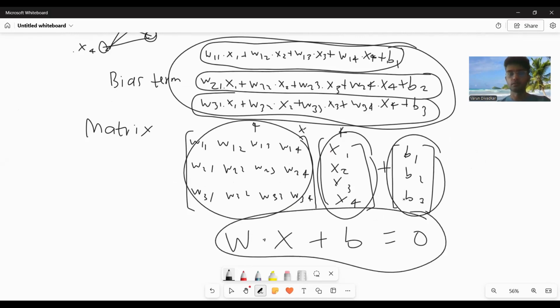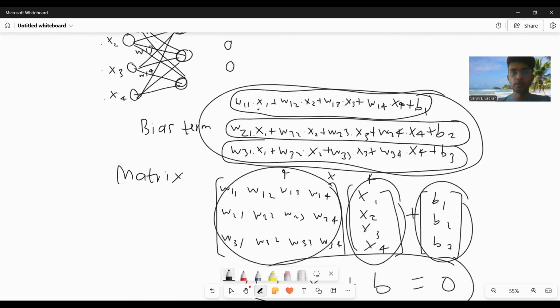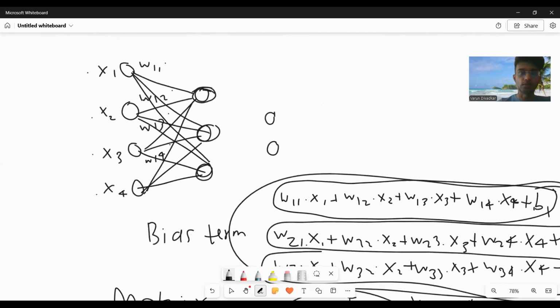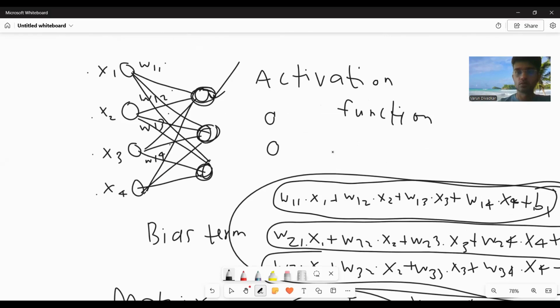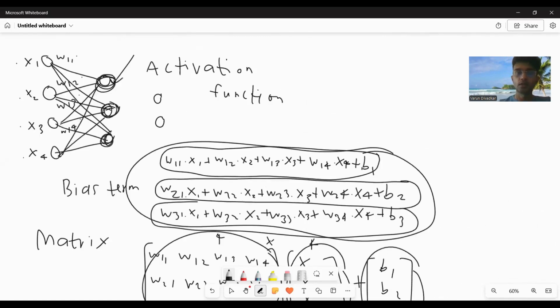That's kind of the equation in the matrix form, okay? So now we know about the values entering each of these nodes. Now what happens here is that there's something called an activation function, which comes into place over here, at each of these nodes. So what is an activation function? An activation function is basically used to convert a linear value to a non-linear value,